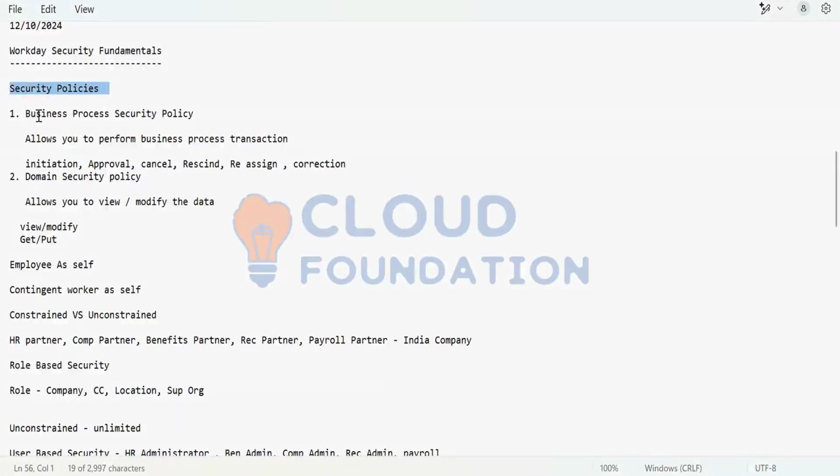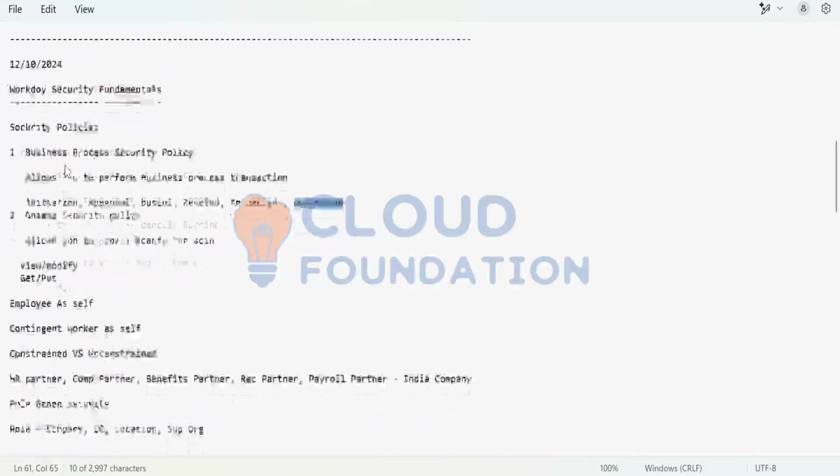So security policies, business process security policy allows you to perform the business process transaction. What are all the business process transactions? Initiation is one of the business process transactions. Approval is one. Cancel is one. Resign is one. Reassign is one. And correction is one. Okay. So meaning that if you wanted to create anything in Workday,